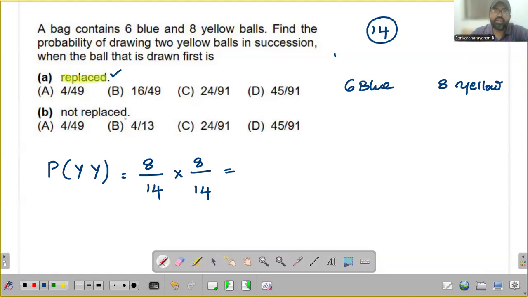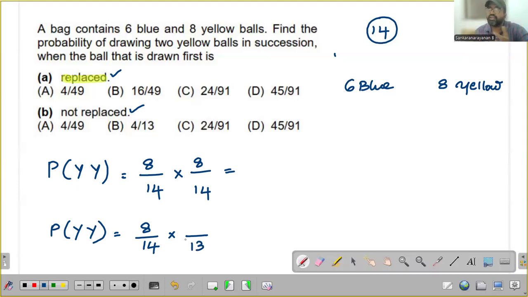Now just see the second one, there is no replacement. Okay, so it is P, Y, Y. The first one being yellow, it is 8 by 14. But please note, you took one ball. You are not placing it back. You are throwing it off. Okay, so when you go for that second draw, you can see that there are only 13 balls available. Got it? When you go for the first time, 14 are there. Okay, and then you saw what it is, you threw it off. Now you can see when you're going for that second round, only 13 balls are available because you didn't replace whatever that you have taken.